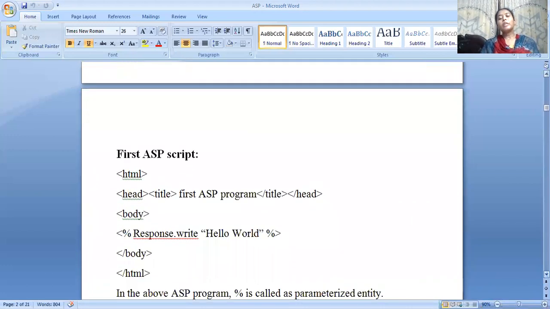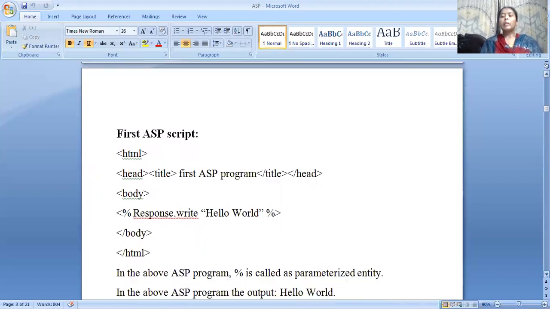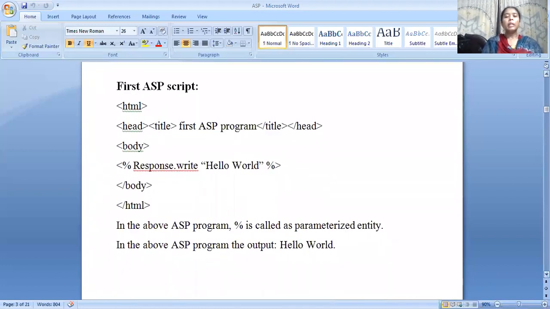If you see the first program of ASP, in DHTML programs we have used document.write to print a particular word, so a particular word, hello world, should be displayed. In ASP, we use response.write for printing a statement.